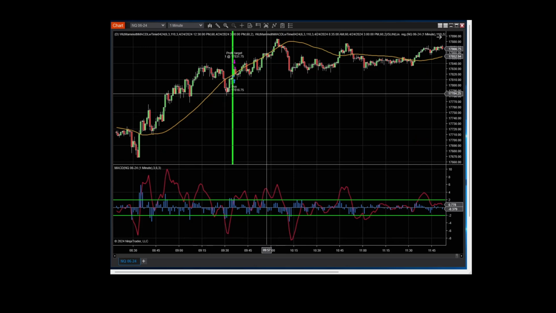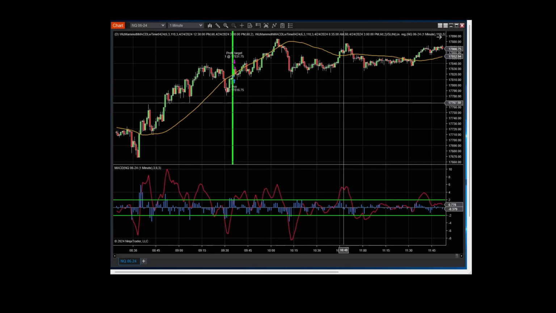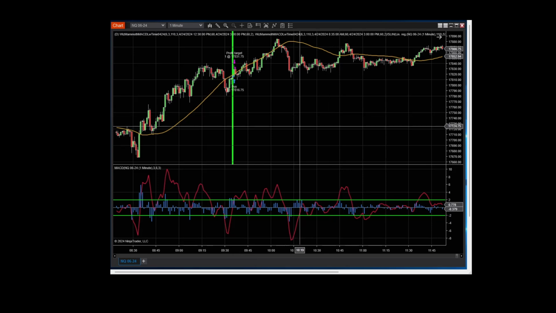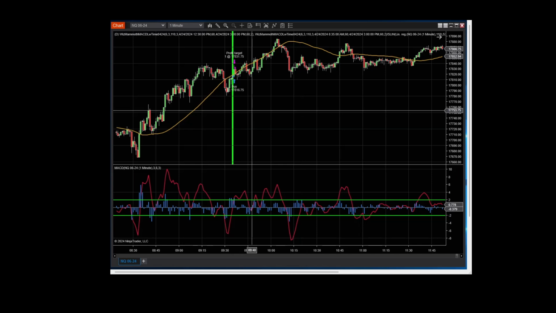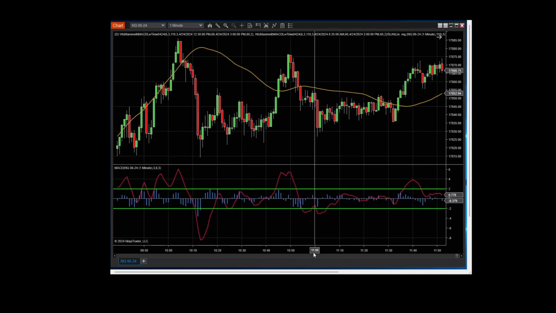It's pretty simple. Okay, I'll probably add more settings later to meet different needs, but again, I just want to keep it as simple as possible, to not overrun the market and to overtrade the market,